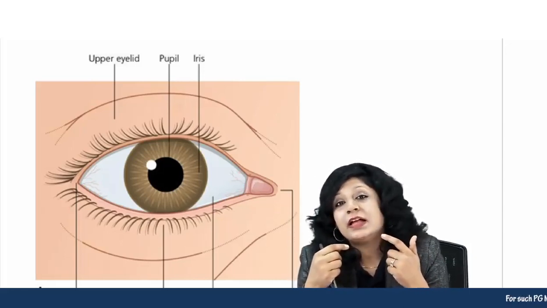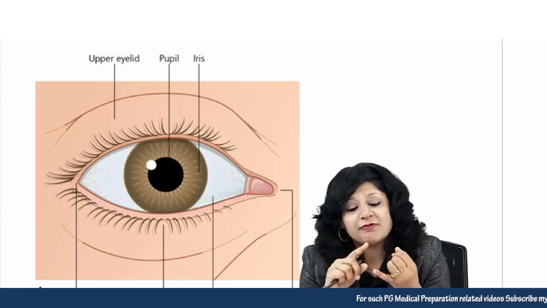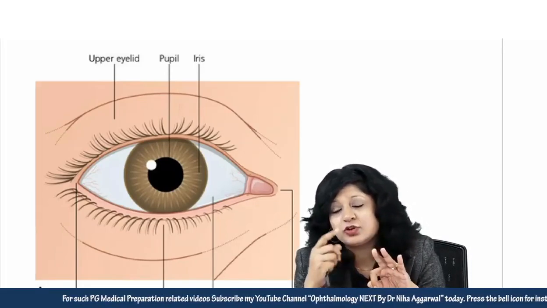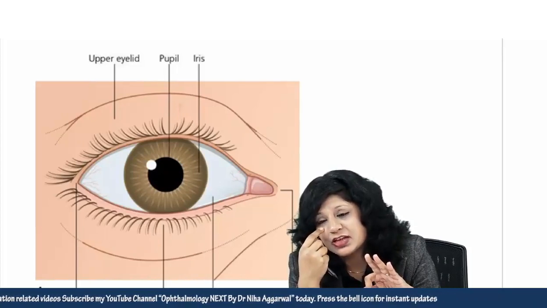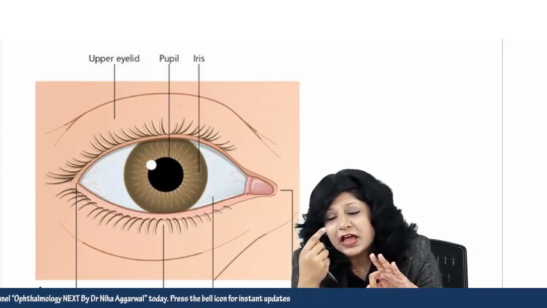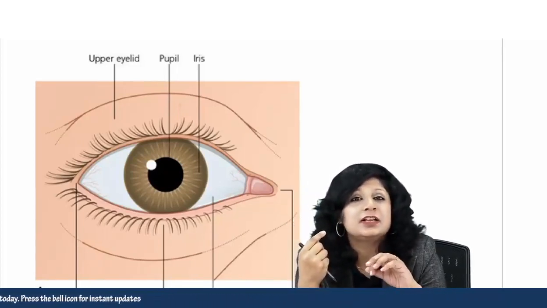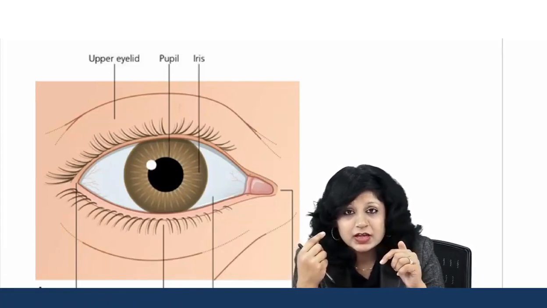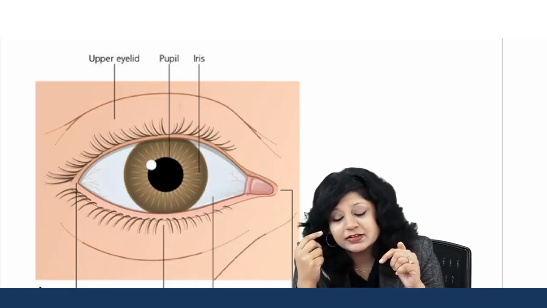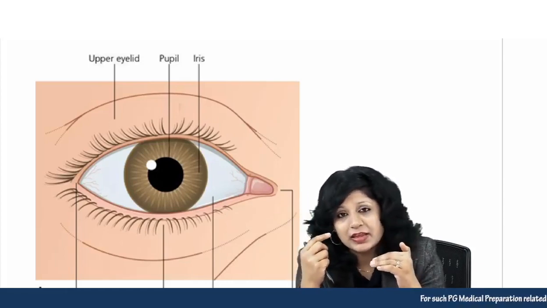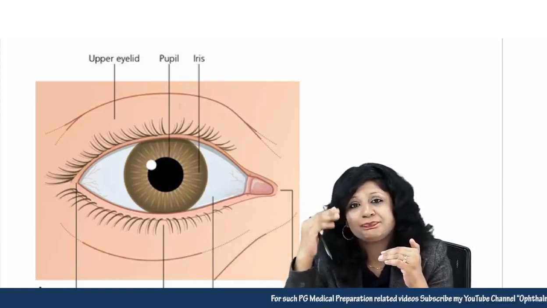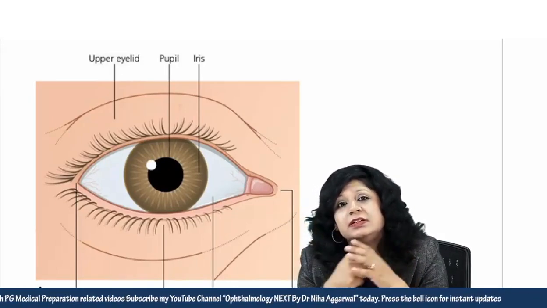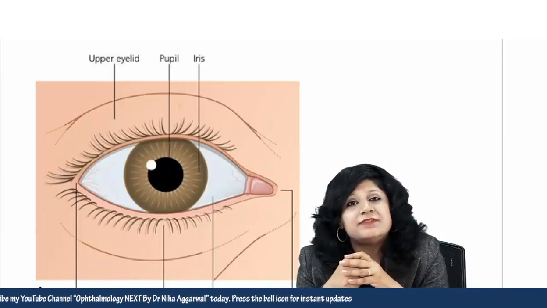You know that there are three parts of the conjunctiva. We have palpebral conjunctiva, we have bulbar conjunctiva, and we have conjunctival fornix. So you will have to look at the palpebral conjunctiva, then you will have to see the bulbar also. For the bulbar conjunctiva, it's always better that you ask the patient to look downward, and you do it something like this. So when the patient is looking down, and you are pulling the eyelid, then you are easily able to see that bulbar conjunctiva.